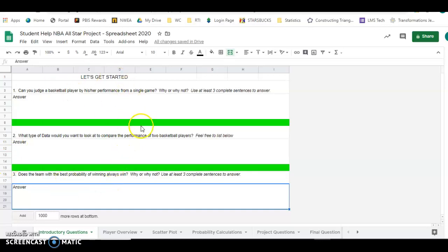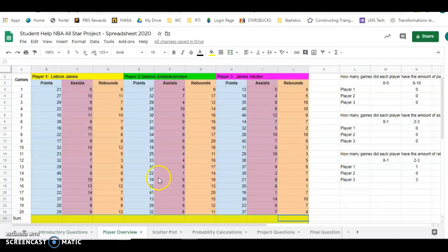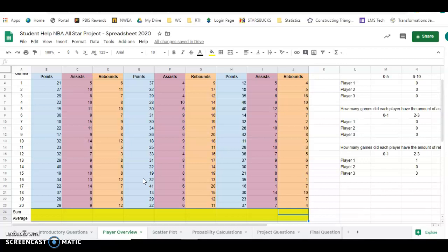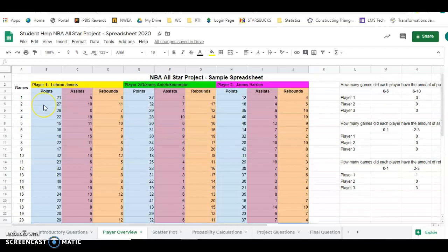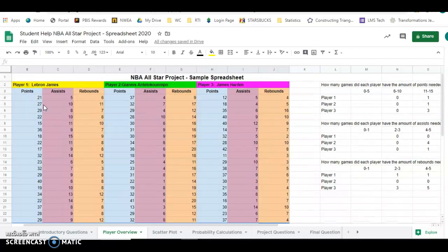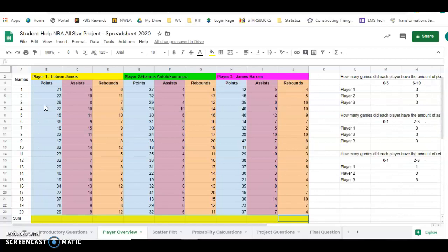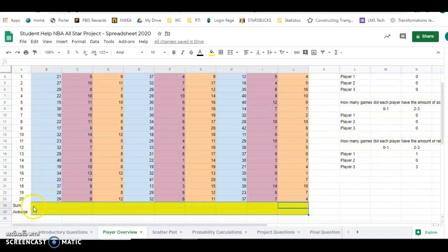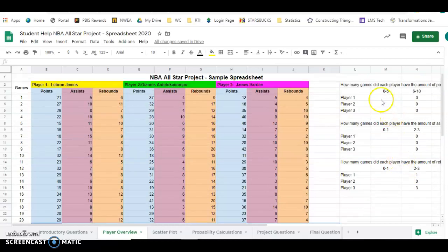So our intro questions should all be filled out. Our player overview tab should also all be filled out. Because we are all doing the same players, mine is not filled out or completed, but that's because I didn't want to give away answers or just have people pause the video and copy mine. And so by now this whole column should be filled out in yellow,